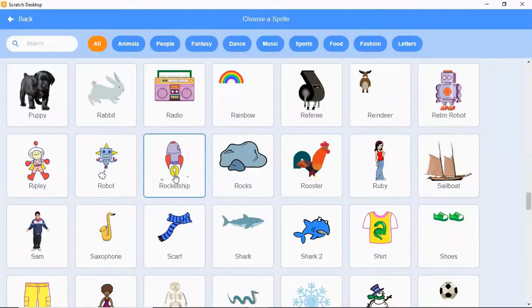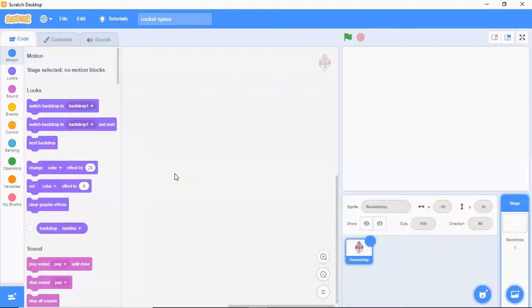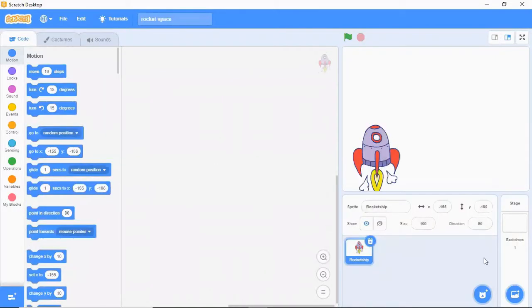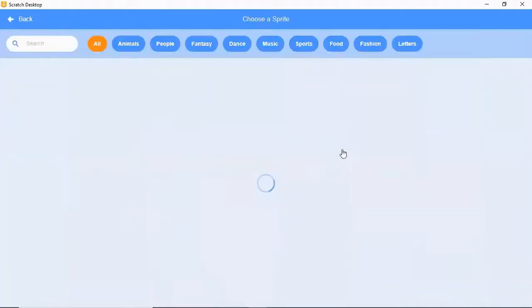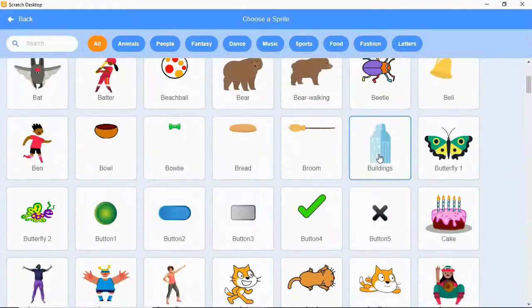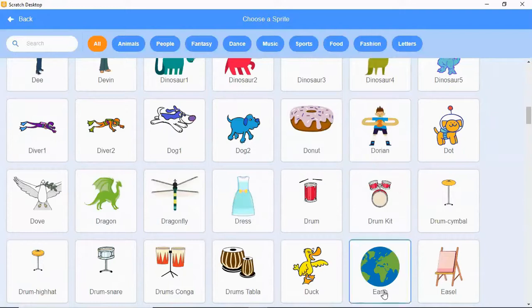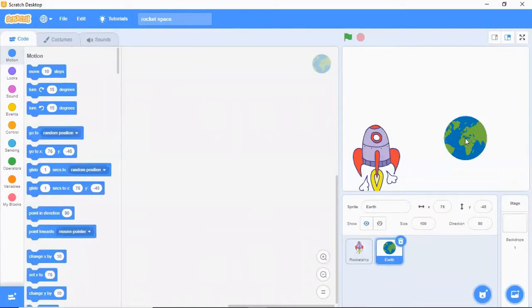Okay, it's here, rocket ship. Click. Okay, this is my first sprite. Now I'll take the second sprite. Scroll down. Earth. Now place it wherever you want it on the stage.